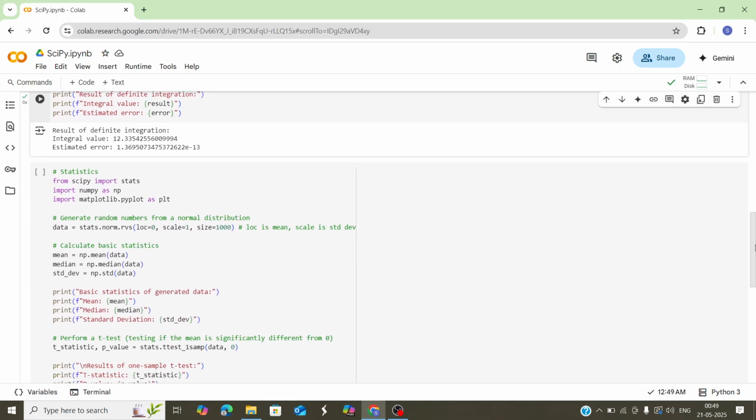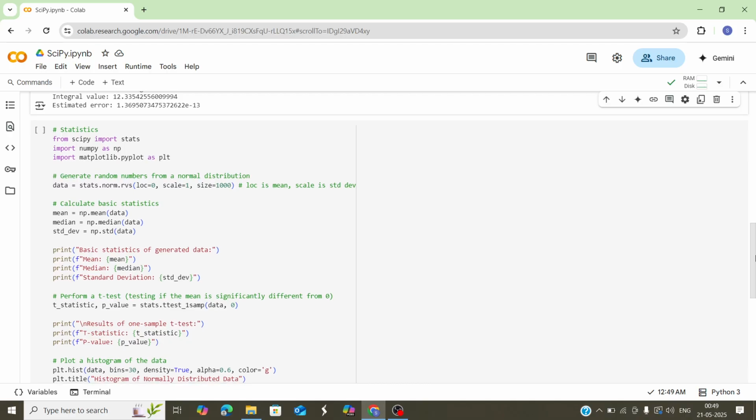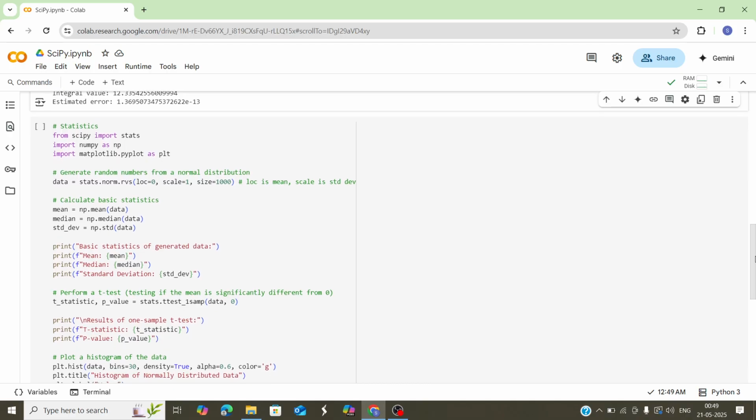The next very helpful use case I find is in statistics and data analytics. Statistics is one such use case where you want to understand the data distribution first before you do the EDA, which is exploratory data analysis. It is very important that you understand the statistical features of the data like the mean, median, mode. And I hope you're aware of all these central tendencies as well. Mean is the average, mode is the most frequent value, and median is the central value when you have sorted your data in ascending or descending order.